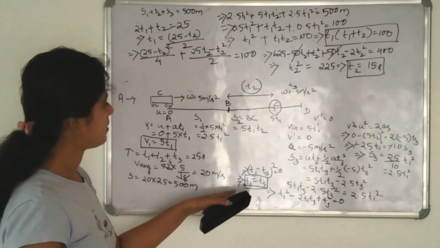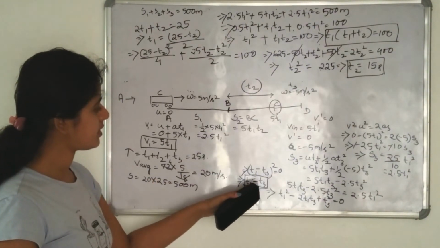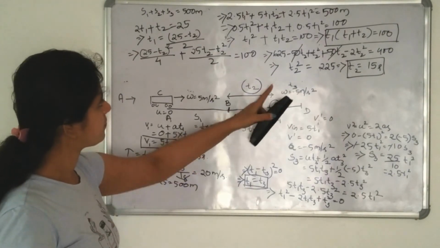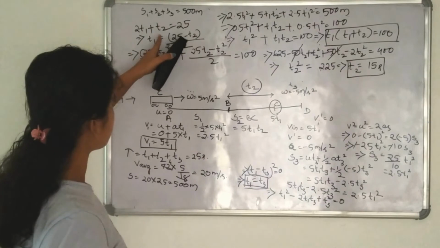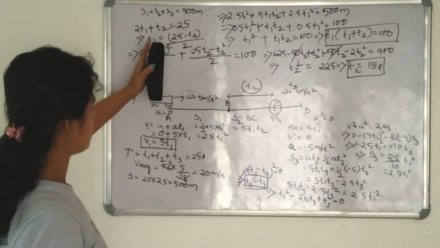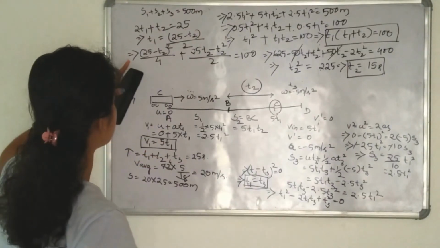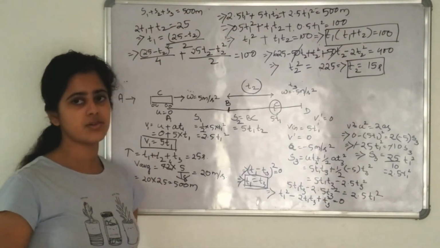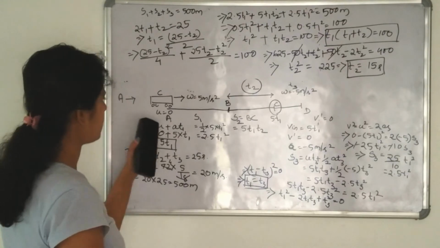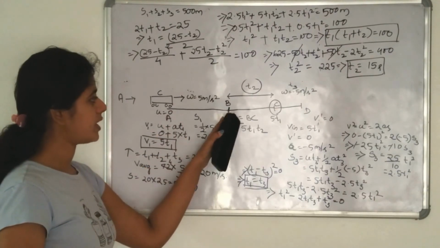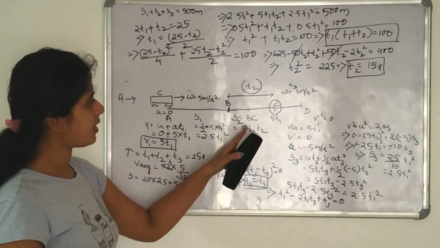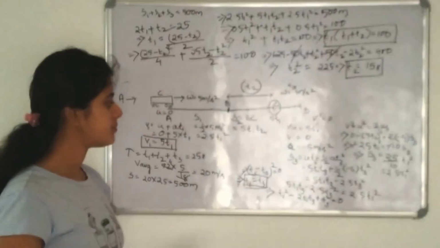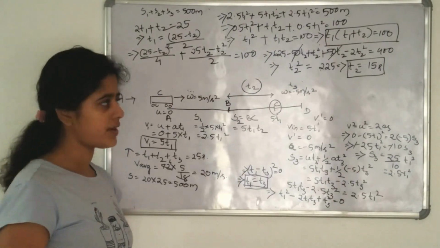If you have to calculate T3 and T1, you also know that T1 is equal to T3. So here we have 2 T1 plus T2 is equal to 25. With T2 equal to 15, T1 is equal to 5 and T3 is also 5. So the time in which the car goes from A to B is 5 seconds, and the time in which the car stops after decelerating with the same retardation is also 5 seconds.